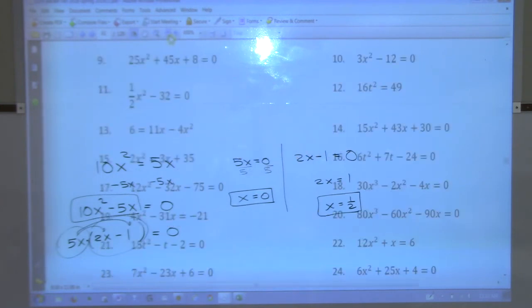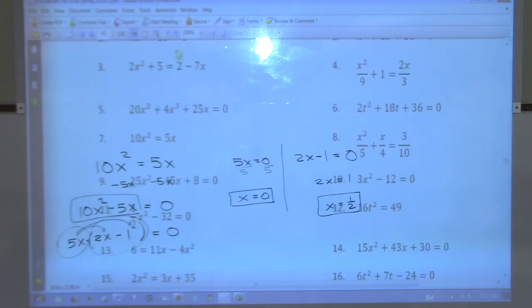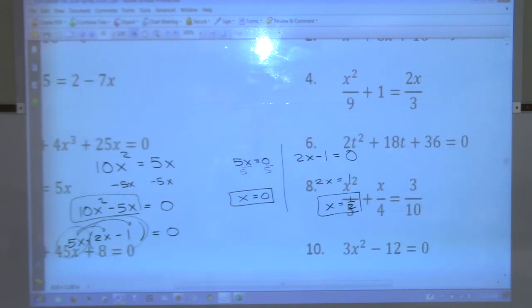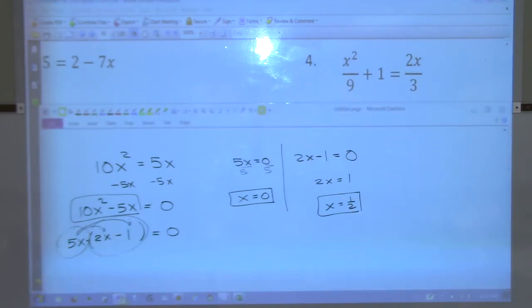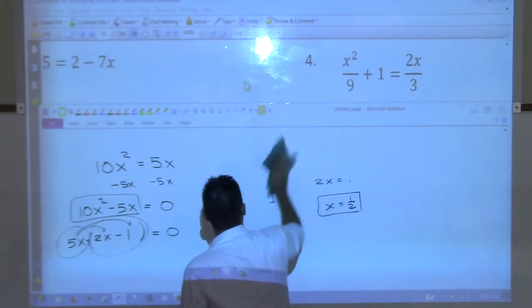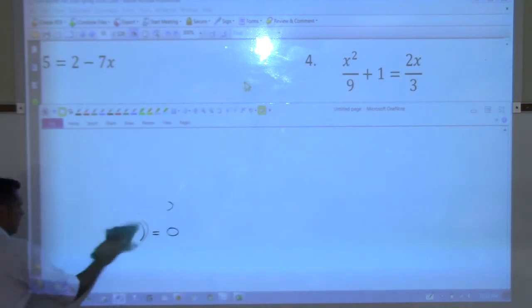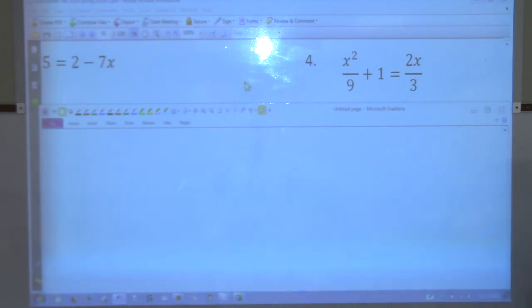Zoom this out just a little bit. Let's look at number 4 because it has fractions, and you all love fractions. Let's see if anyone remembers what I like to do when I see fractions in an equation. When we were doing linear equations and we had fractions, I told you I always like to